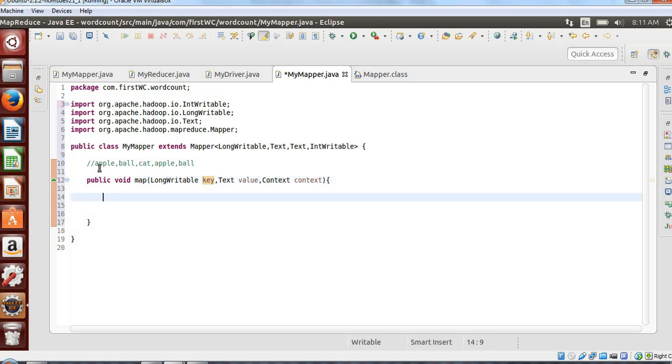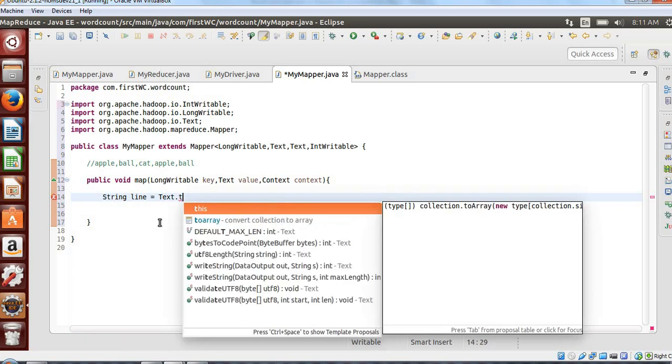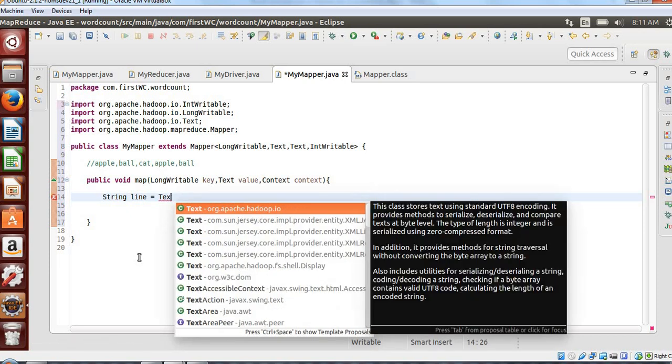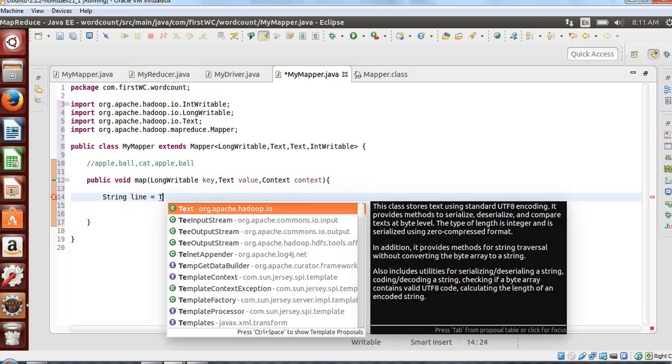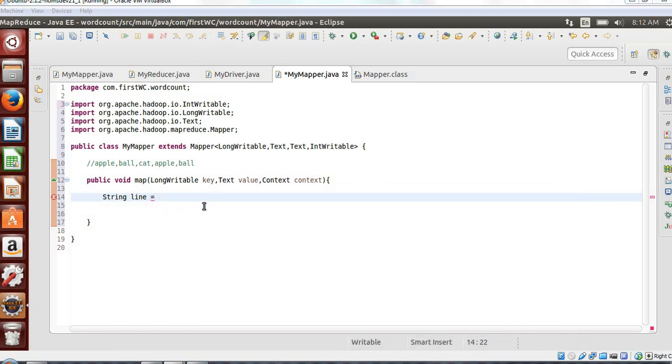Because my aim is to fetch all the words, to extract all the words from the line, I'll write a simple logic to fetch the same. I'll say String line is equal to text.